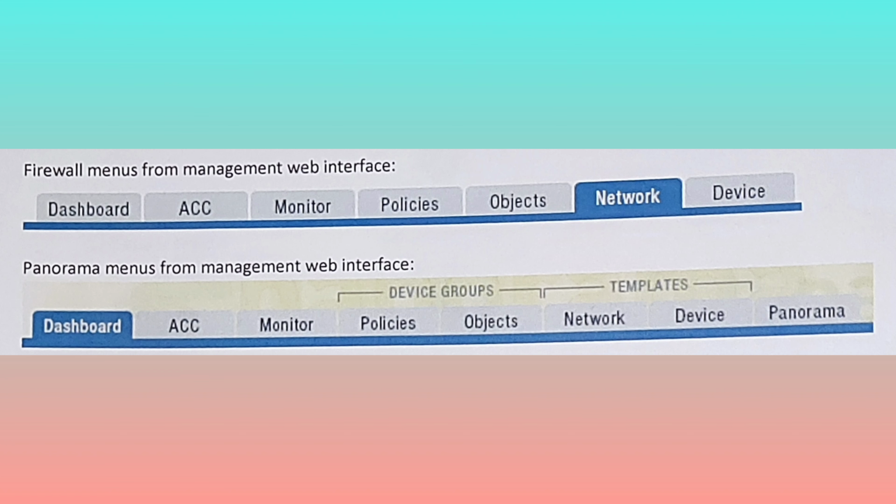Let's understand the Panorama overview. What is Panorama? Without Panorama, Palo Alto Networks firewalls have no direct knowledge of each other and must be managed as independent entities. Panorama offers several important integration functions that provide enterprise management for multiple firewalls. The Panorama management server provides centralized monitoring and management of multiple Palo Alto Networks next-generation firewalls and WildFire appliances and appliance clusters.